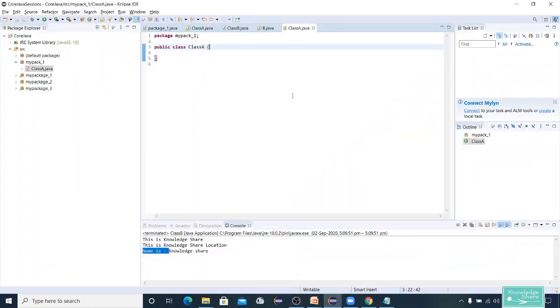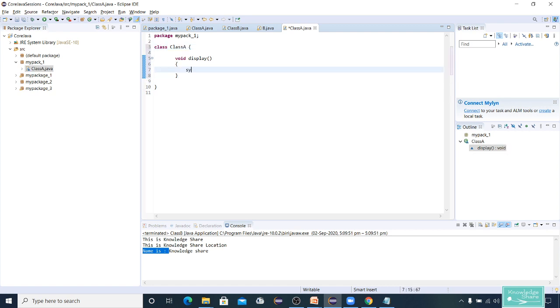Okay, I have created class A. Now I'm going to create a small method here, void display. I'm not declaring any access modifier for this. Generally we would declare it as public, but now I will remove this public.